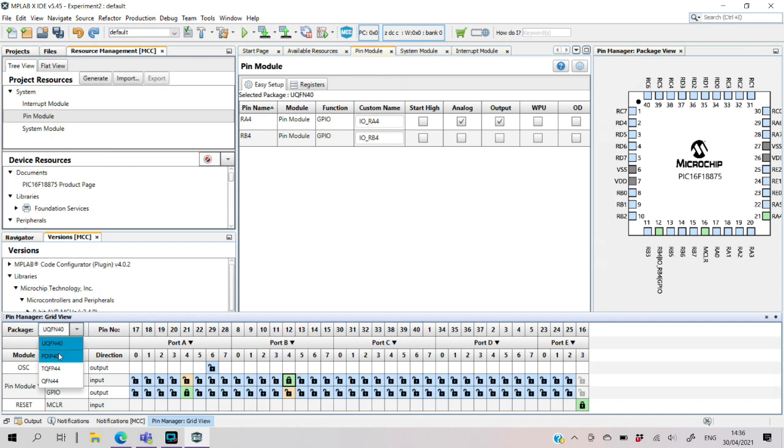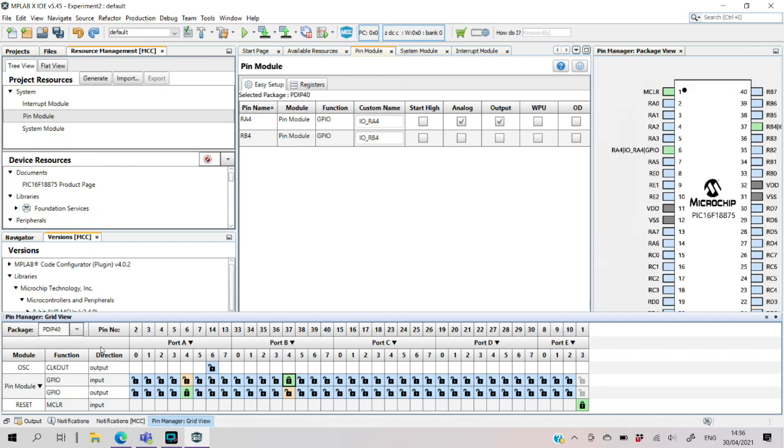As we can look on the DIP package, our output is on pin 6 while our input is on pin